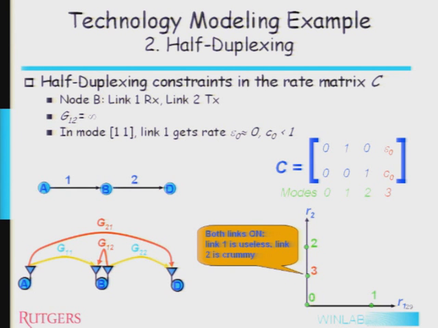Okay, sorry, I was just curious. The model is actually more general. So basically, we can get all the physical layer complexities or variations into this model. For example, half-duplexing, where